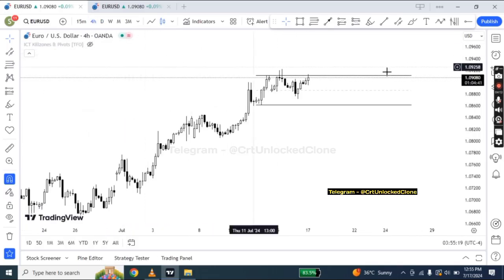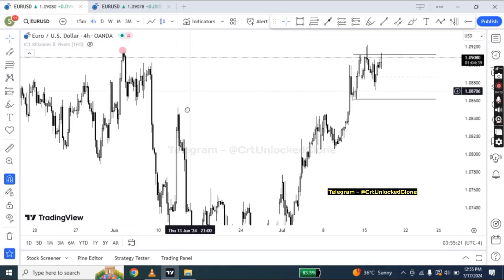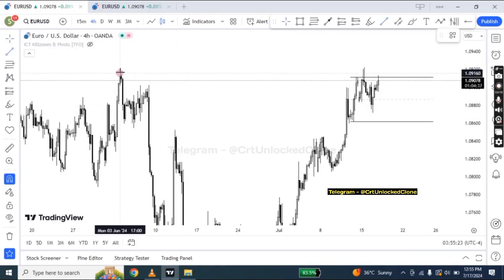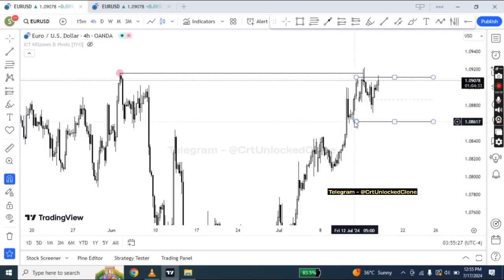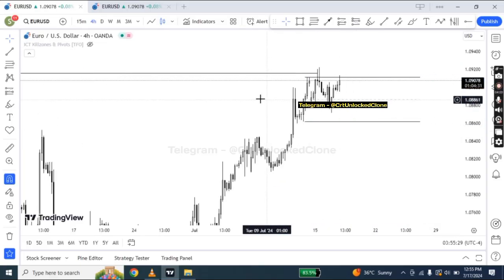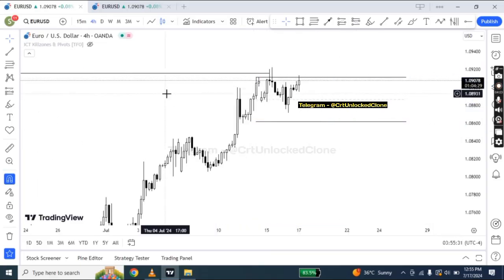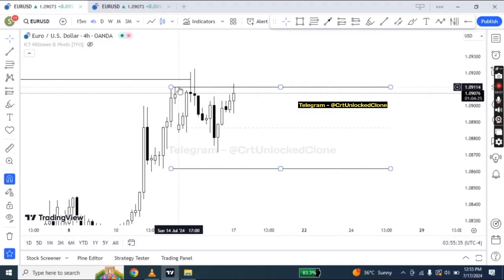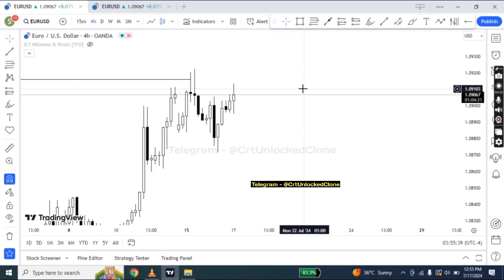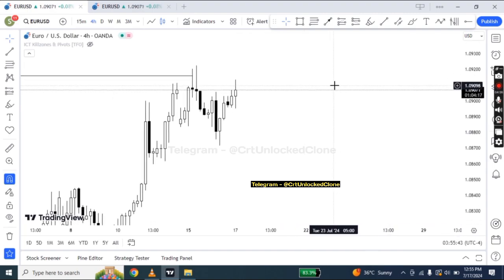On the weekly time frame, we expect a retracement profile, right, which gave us a bearish scenario, and on the daily time frame we've got this bearish CRT and we are targeting 50% of this CRT right here. So our drawn liquidity based on the higher time frame analysis is bearish, right? Our bias is bearish,